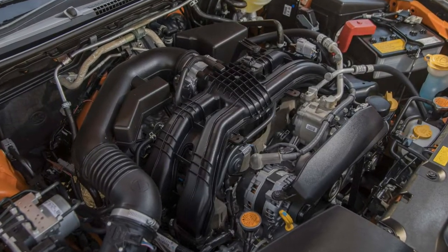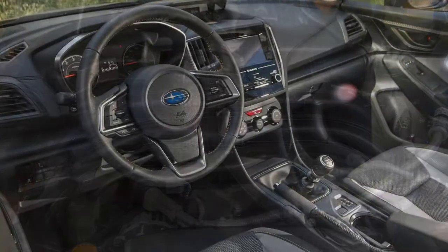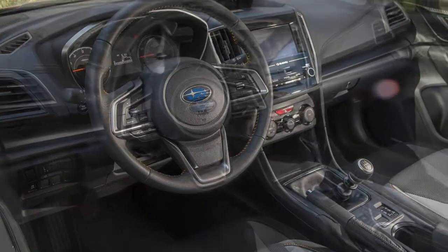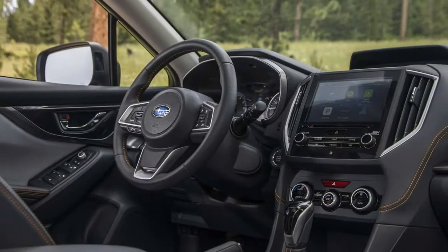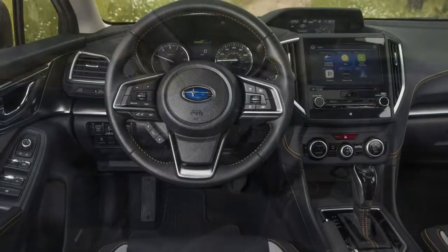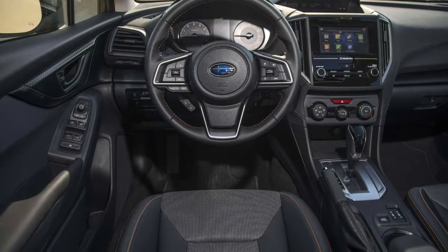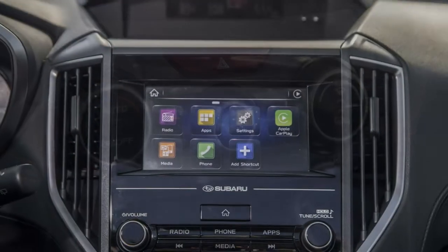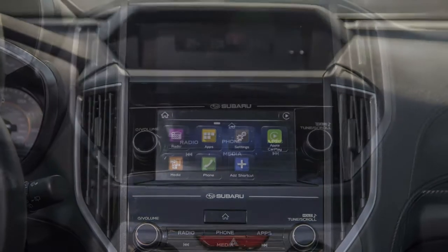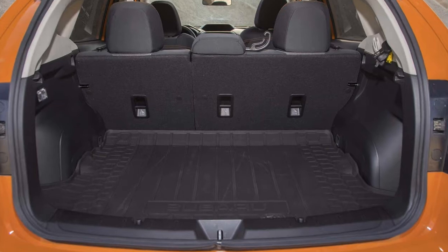The updated FB 2.0-liter naturally aspirated flat-four, mounted 10mm lower in the chassis versus the previous model, now offers direct gas injection and a 12.5:1 compression ratio, adding four horsepower while keeping the 145 pound-feet torque figure. The torque is fed through your choice of a redesigned continuously variable transmission with wider ratio coverage and a lighter, smaller torque converter, or a 6-speed manual transmission, one cog more than the modern Impreza and the old